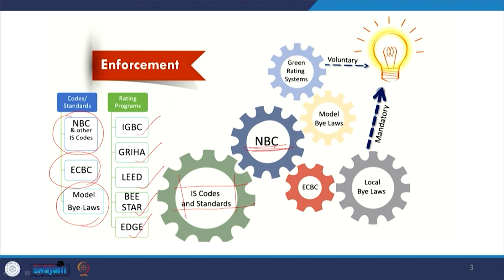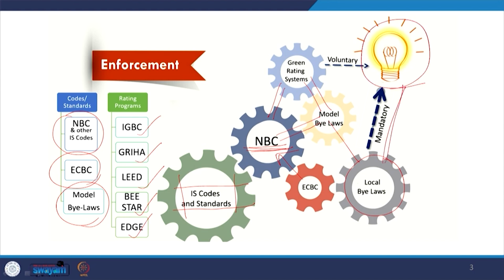NBC is also substantiated with ECBC. There are local bylaws which take clues from the model bylaws, which is again connected with how NBC handles things, and then there are green building rating systems which take clues from NBC, ECBC, and model bylaws, and the building project,